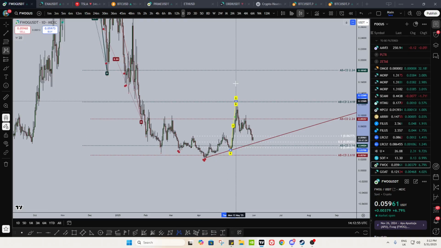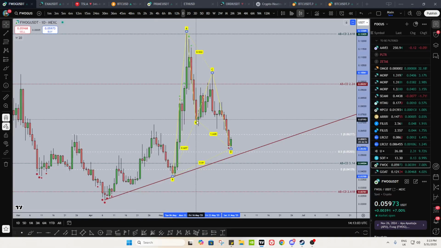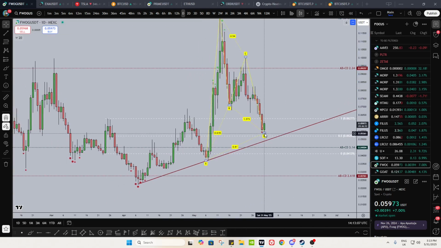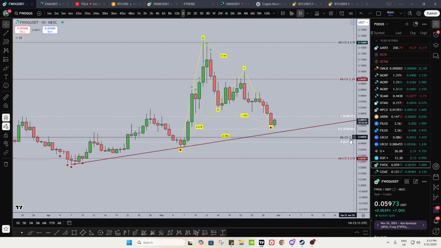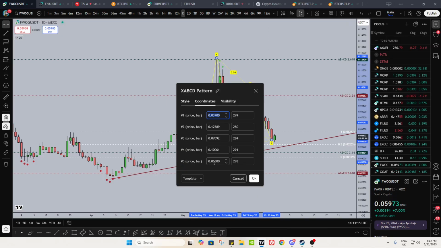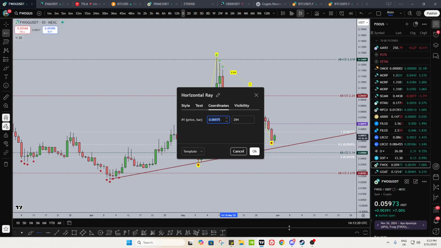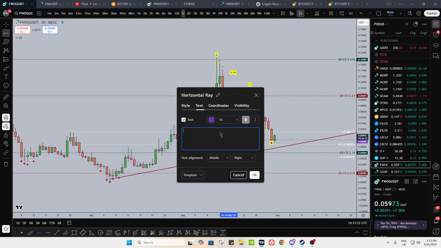Right over here. So from here to here to here. That's a 618. So this is going to be a deep Gartley basically. There we go. And then the 786 is just above. So here's your Gartley 786. Many things have got Gartleys right now. You'll see this. I've been scanning a load of them and it's just 786s right now. Gartleys after Gartleys.